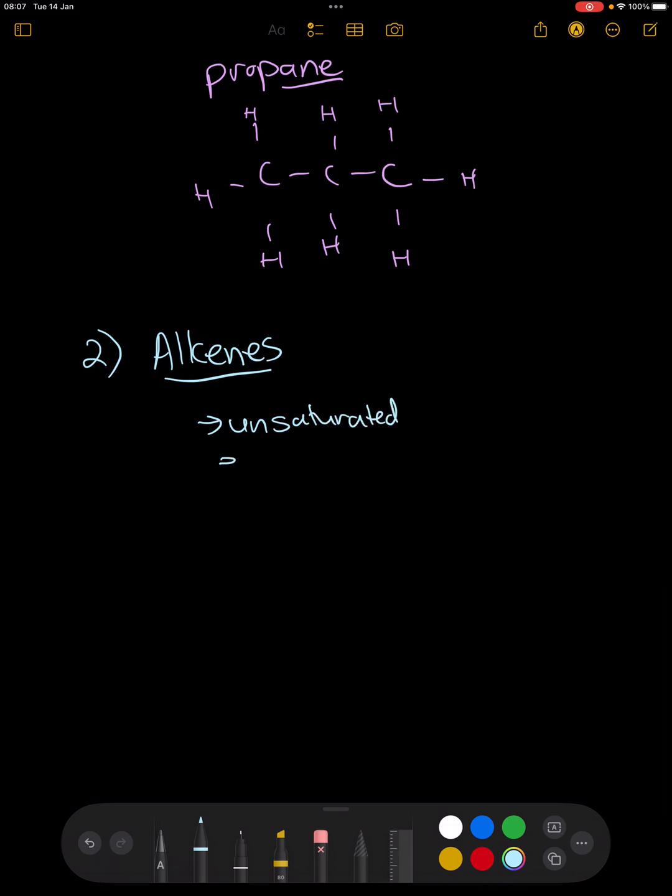Which means there is a double bond between the carbons. Okay, so it's important to stipulate that the double bond is specifically between the carbons. And it is going to look like that. Okay, there's obviously 2 bonds already taken, so there's 1 more space for a hydrogen and 1 more space for